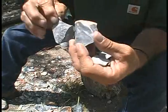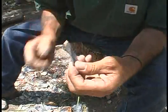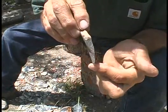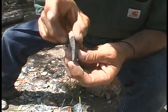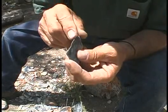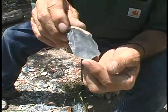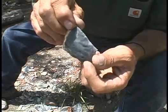This particular piece has got all good qualities going for it. It doesn't have an appreciable curl to it. It's really wide compared to its thickness, yet there's enough thickness there to allow us to create solid platforms to strike and remove flakes. This would be a perfect piece to turn out a nice projectile point, a small arrowhead. So we'll begin with this,